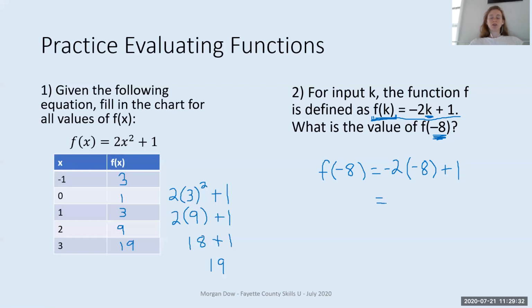So negative 2 times negative 8 is positive 16. Right, with multiplication and division, two negatives make a positive. So we have 16, and then I'm going to bring down that plus 1. Our final step is to do that addition, and we get a final answer of 17. So for this particular function, f of negative 8 is equal to 17. That means when we put in negative 8,